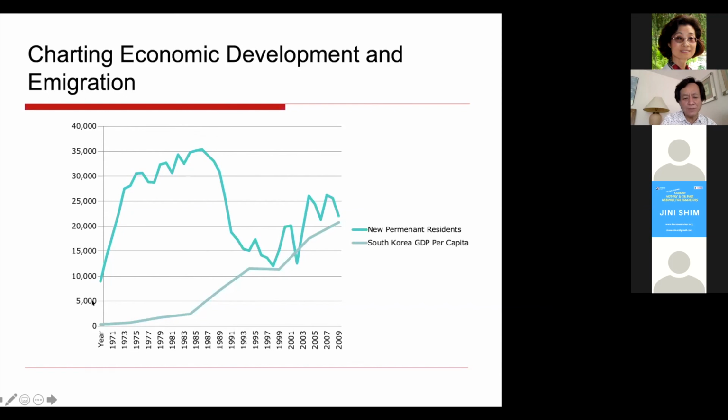The immigration pattern also is very interesting because when Korea was very poor, the immigration to the United States was like on a rocket ship. Now, once Korea reached a certain income level, what happens is the Korean immigration declines rapidly. Now, many people who were studying Korean immigration thought that this would be over, that Korean numbers would continue to go down. But alas, it